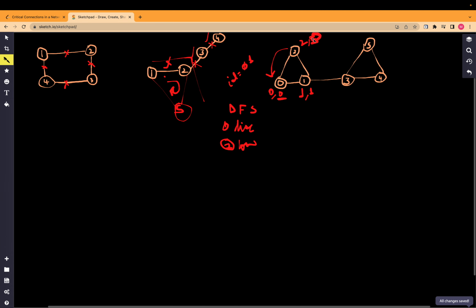So this node can be reached at time 0. That means there is no critical connection between these two nodes. If we remove this edge, 0 and 2, there will be other ways to reach this node, that is 0, like using the node 1 in the middle, that is 0, 1 and 2. Okay, and then if we traverse back again,